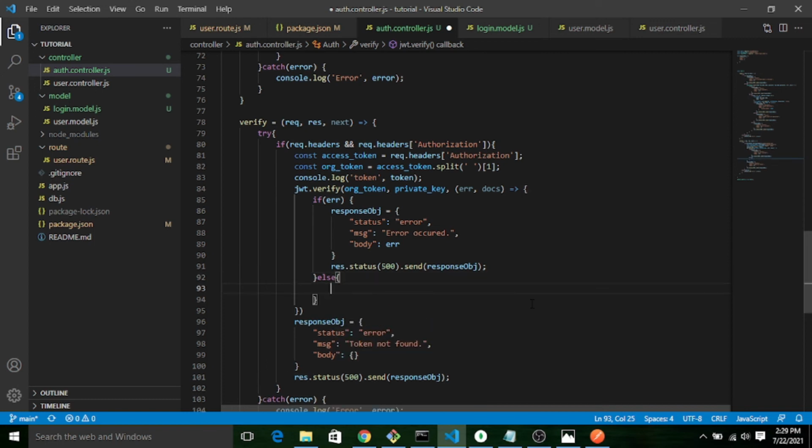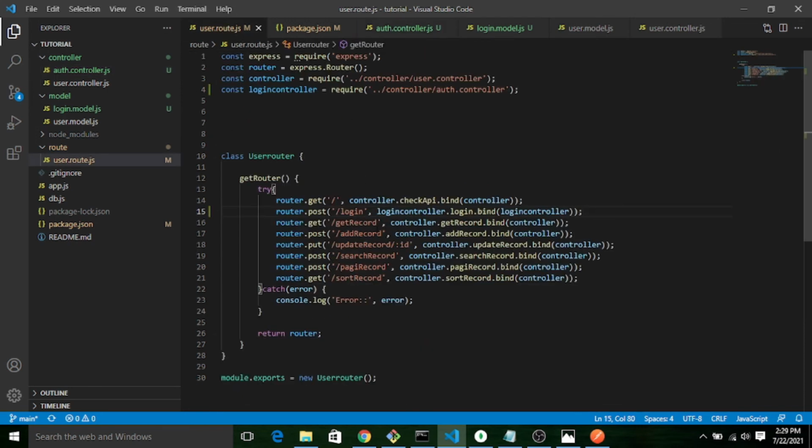If not, that means the validation has been done successfully. So here we will just write next to call next controller method. This will be implemented as simple middleware. So if the token validation is successful, then it will go to the next controller method and it will add the record.